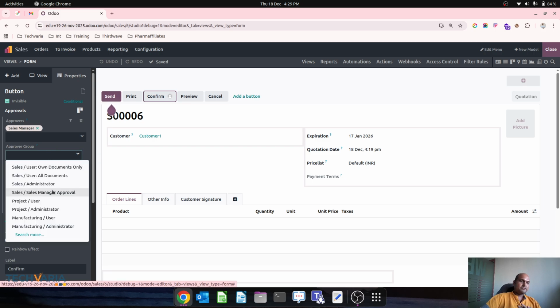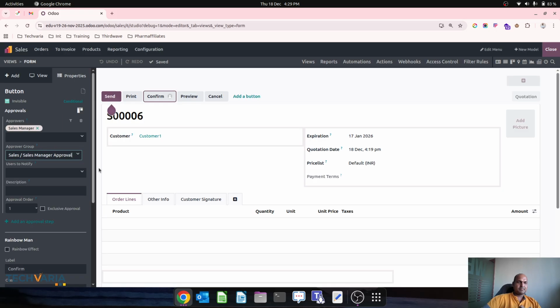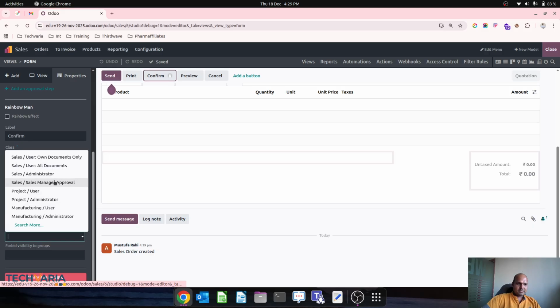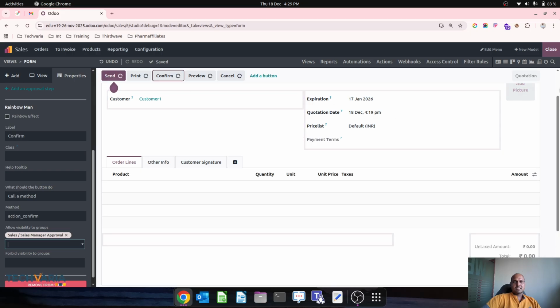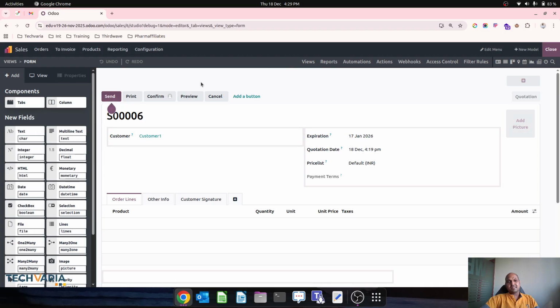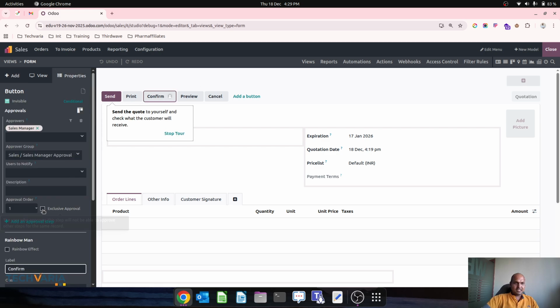So over here now, this particular group will be made available as it was the old condition, and now I can explicitly give a new group and also visibility to that group for this confirmation button. So this is how my quotation is there, and then it will go for approval. So I, as an administrator, can also approve because I am part of the administrator group. But now if I want exclusive approvals so that only the sales manager can approve this particular quotation,